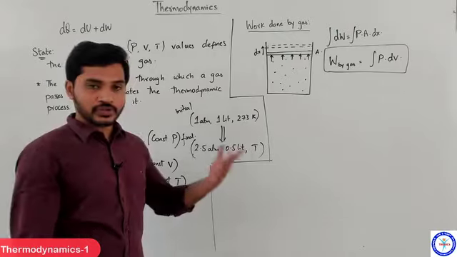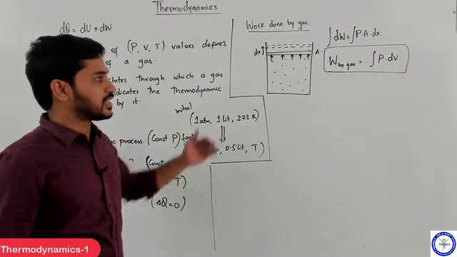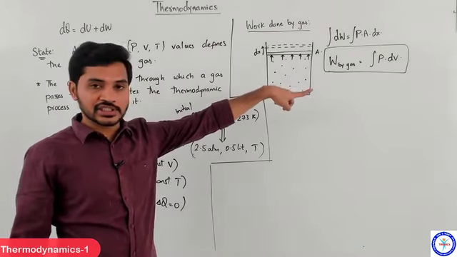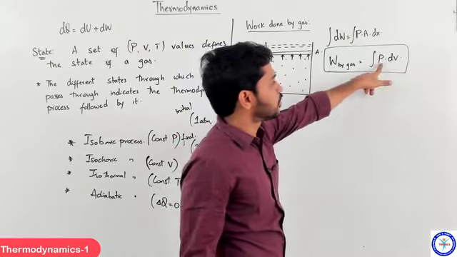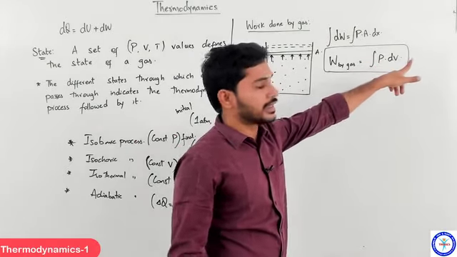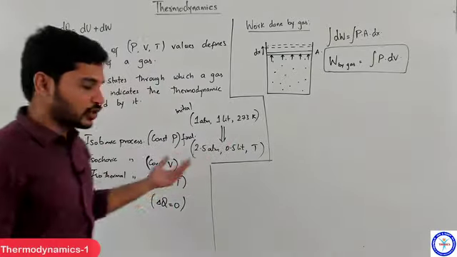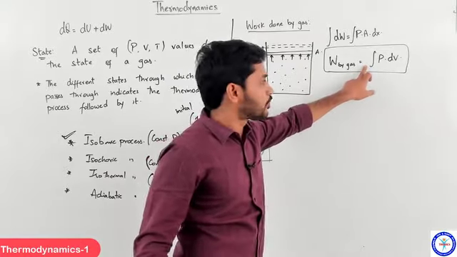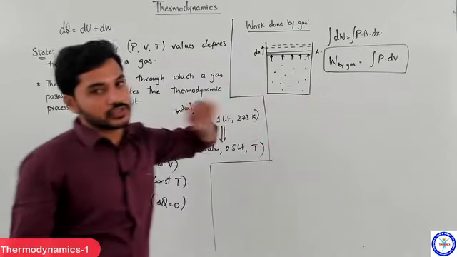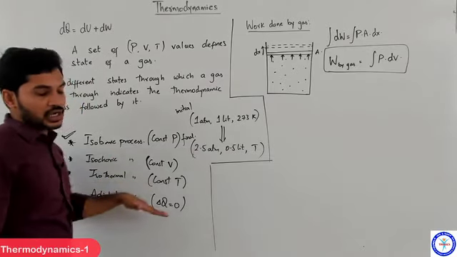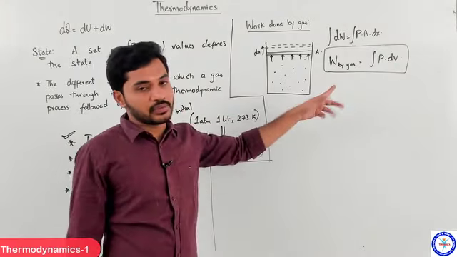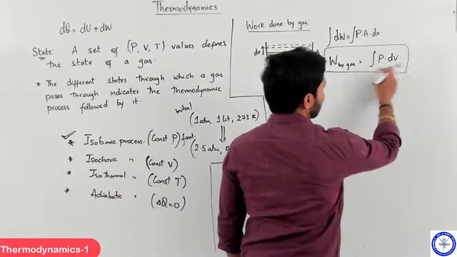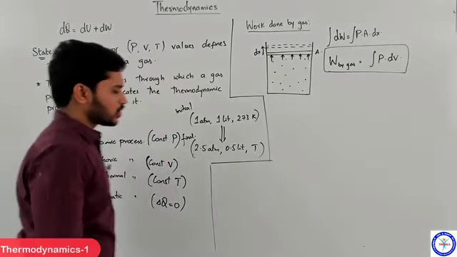Clear? So if pressure is constant in any particular process, let's say the gas is going from one state to another in a process where the pressure is constant, in such a case you can bring this P outside the integral and integrate that, right? Only in the isobaric case can you bring the pressure outside, integrate that expression and find out the work done. In all the other processes, you can't bring the pressure outside the integral because pressure will not be constant, it will be changing, right? So you'll have to integrate this expression as it is. Clear, students? So we'll see that one by one.